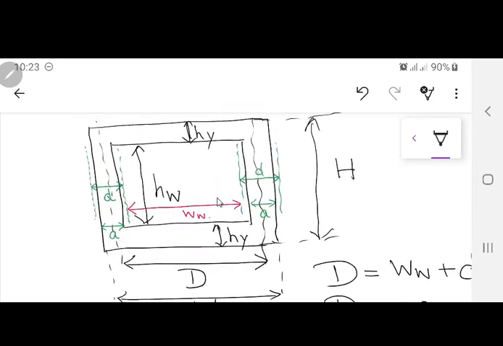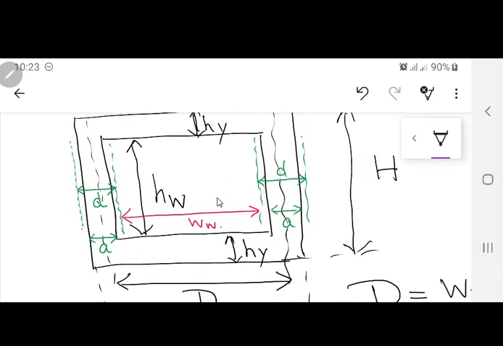WW is the width of the window, and that width of the window starts from the circumscribed circle from one limb to the other. You can find this one from here to here, because this is the stamping. Okay, the thickness of lamination is up to here, but the circumscribed circle above, whether it is 2 step, 3 step, or 4 step, that is D. So it is a little bit outside, from here to that cylinder, because the winding starts only after the cylinder, on top of the cylinder, which is the circumscribed circle. So then you have that equal to WW.